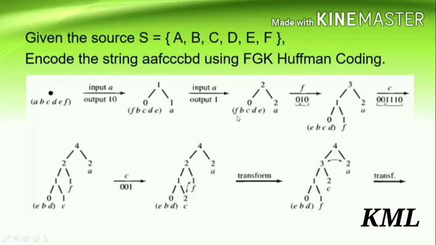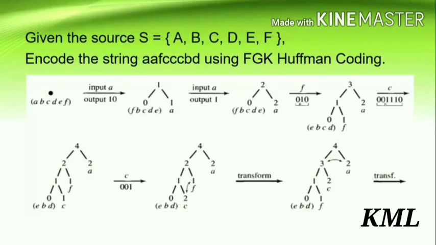F is in the 0 node, so we have to write the Huffman code word for the 0 node. Okay, so what is the Huffman code word for the 0 node? See here, we have a left subtree, so the Huffman code word for F is 0. Okay, so we write a 0 here.